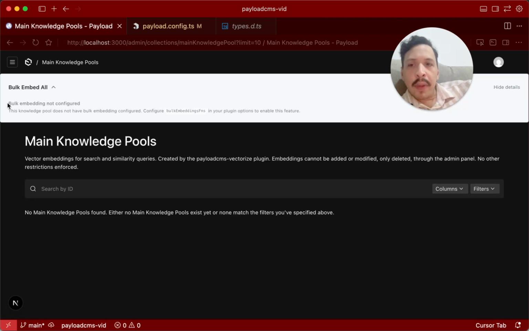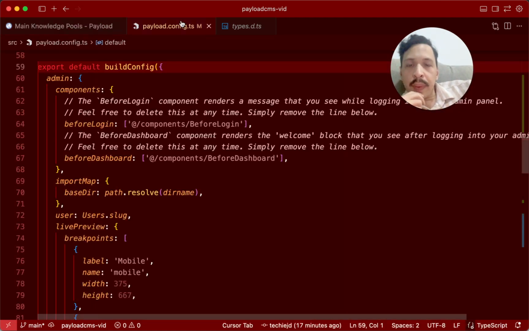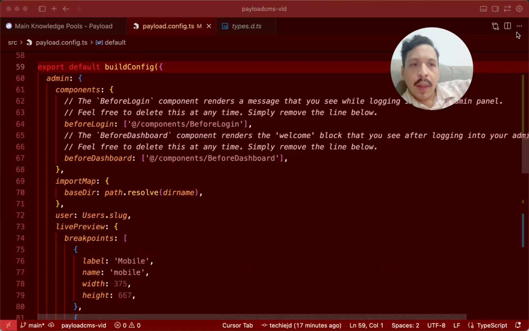As you can see, bulk embedding is not configured. That'll be done in part 2. For now, what we can see is that we have this knowledge pool and there are no vectors in it. So let's get into making vectors. Let's stop the server and let's do